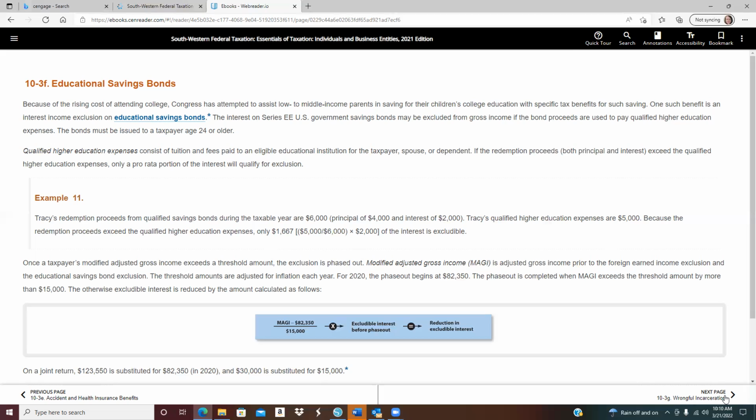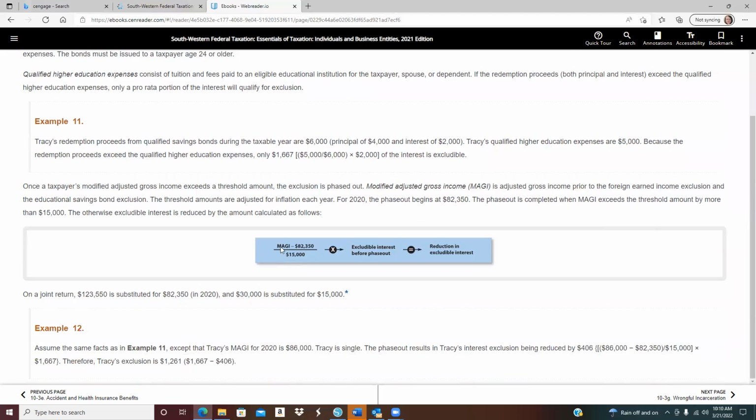If income exceeds a threshold amount, the exclusion is phased out. Modified adjusted gross income is adjusted gross income prior to the foreign earned income exclusion, and the amounts are adjusted for inflation each year. In 2020, the phase out begins at $82,350. The phase out is complete when income exceeds the threshold amount by more than $15,000. The otherwise excludable interest is reduced: you take your modified adjusted gross income minus the phase out amount, divided by the threshold, and multiply that by the excludable interest before phase out. And